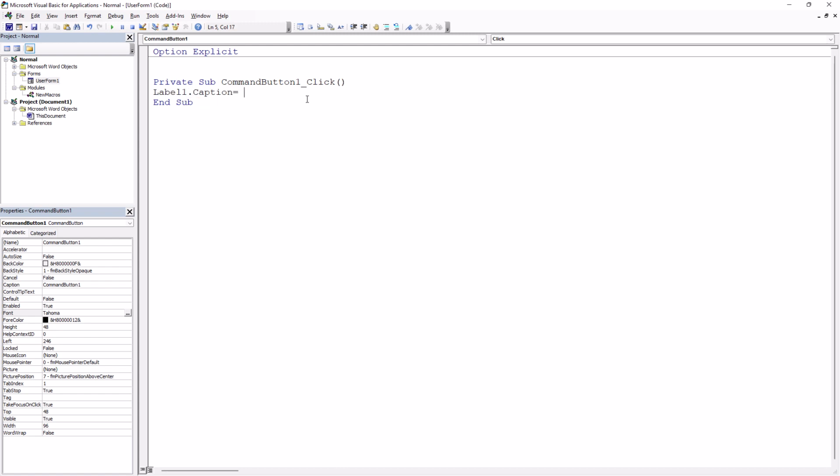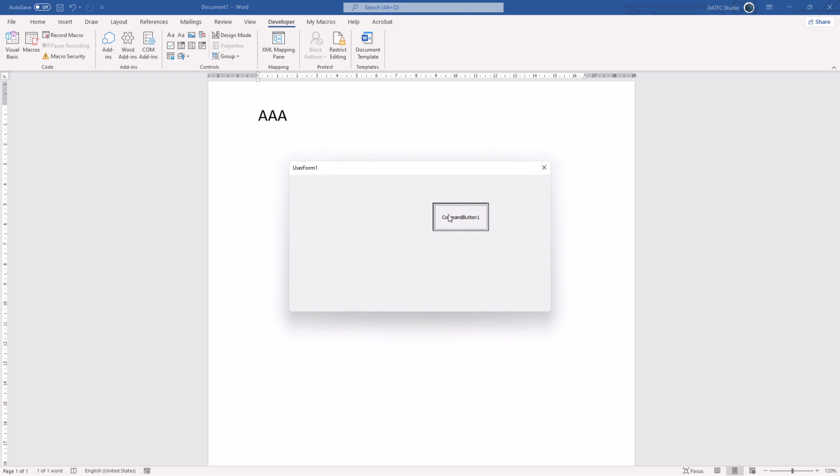label1.caption equal, just simply type RND. The random function is very flexible and very simple. If I run the macro, or in this case my form, and click, as you see, it generates some decimal values. Okay, I close it, and note that we have even more than 0 or 1: 4.5, 0.29, 0.38, 0.30, and